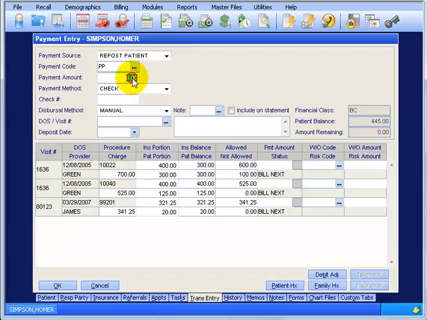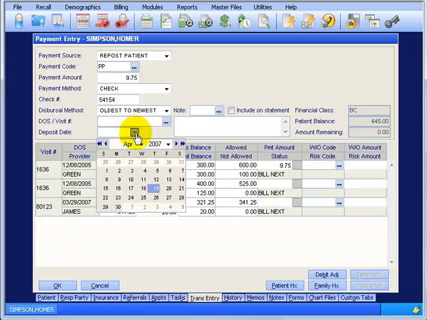The payment amount was 9.75. Hit the tab key, then the check number, which I wrote down. It was 54154. For the dispersal method, we can do oldest to newest, that way you don't have to type in anything. So my amount remaining is down to 0. That's excellent. Data service will skip, and then I have to remember the deposit date, which was today, so I'll